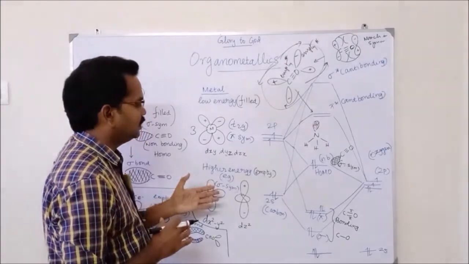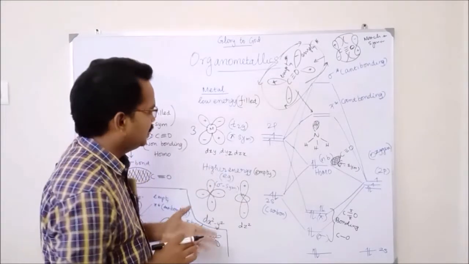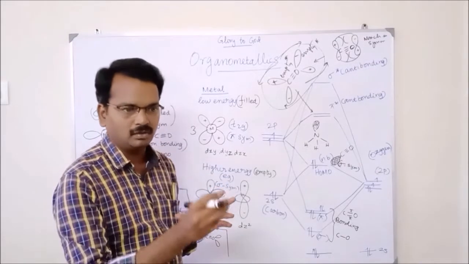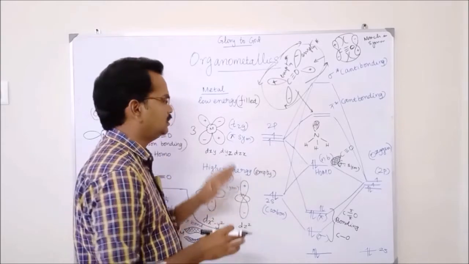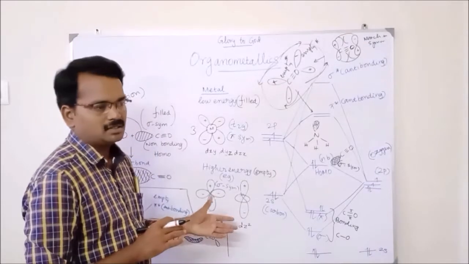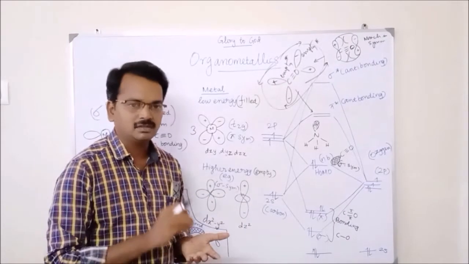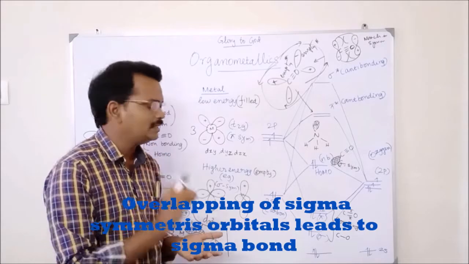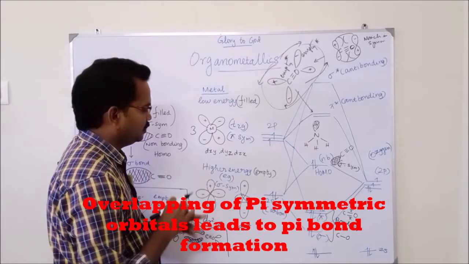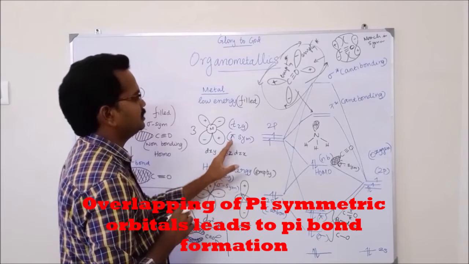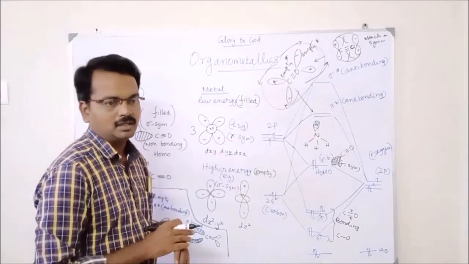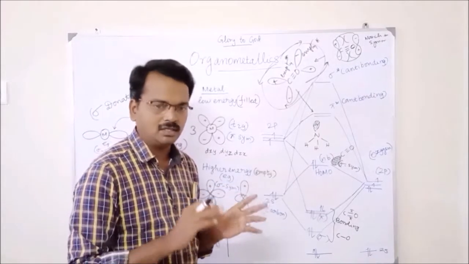Then you might have a doubt about what is called sigma symmetric and pi symmetric. The orbitals which are going to form the pi bond will be called pi symmetric orbitals. Then what are sigma symmetric orbitals? Sigma symmetric orbitals are those that, if they form any bond, that bond will surely be a sigma bond. Therefore, let us conclude what is sigma symmetric and pi symmetric, of the carbonyl and of the metal. Now you can get a somewhat clear idea.